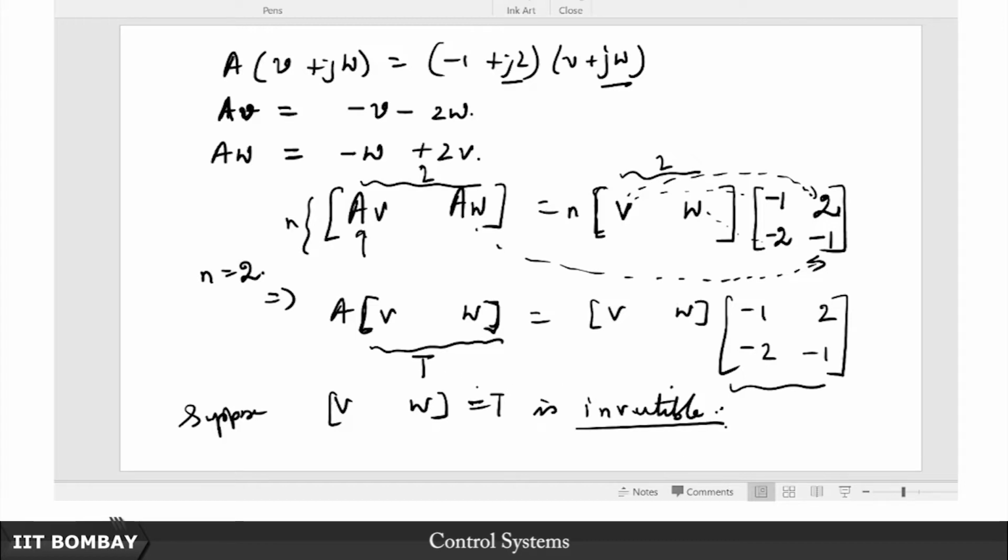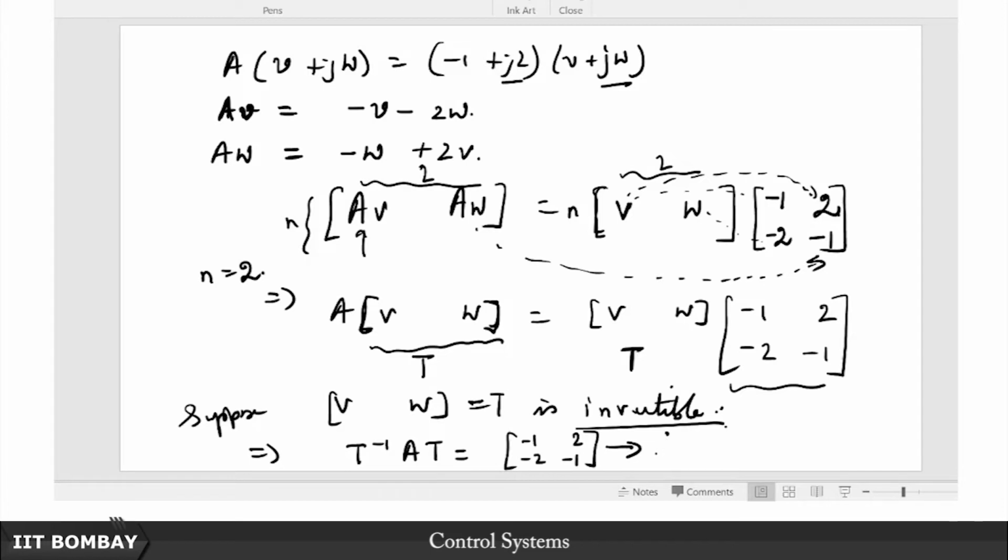This is T, this is T. So in that case can we not write T inverse AT is equal to minus 1 2 minus 2 minus 1? If we do that, then I put it to you that we would have obtained